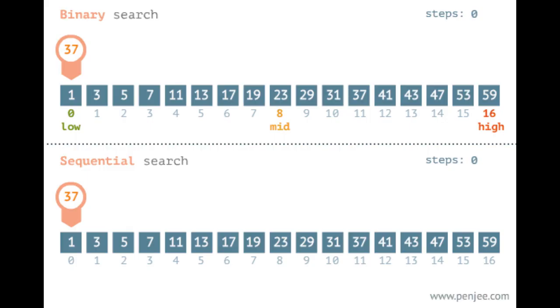Now you can see the comparison of linear search with the binary search algorithm. In binary search, the searching is done in 3 steps, whereas the same will be done in 11 steps while using linear search. Therefore, binary search is faster than linear search.